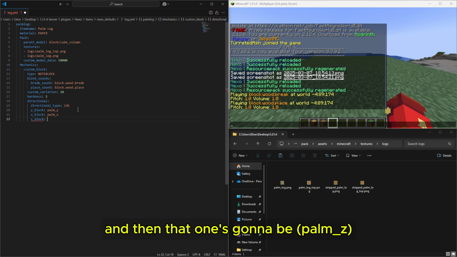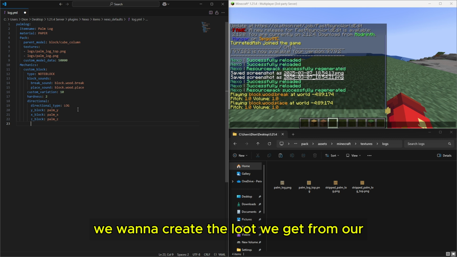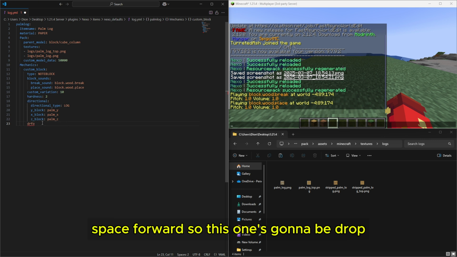And then that one's going to be palm underscore seed. So after you've done that, we want to create the loot we get from just a standard block. So obviously make sure you're lined up with the directional, not space forward. So this one's going to be drop,